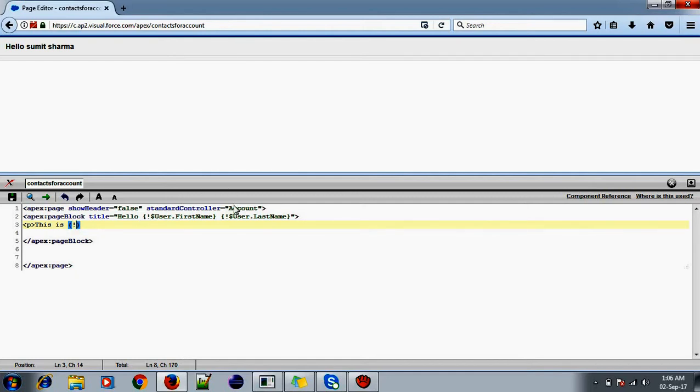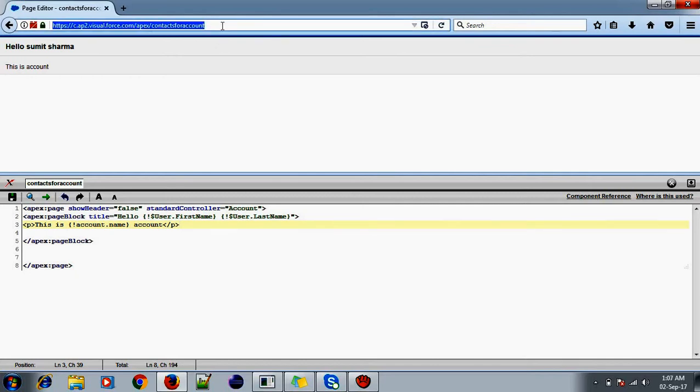From this we can traverse: account.name. This is some person's account. So how will it get recognized here? Because here we do not have the ID. That's the reason it's not recognizing.